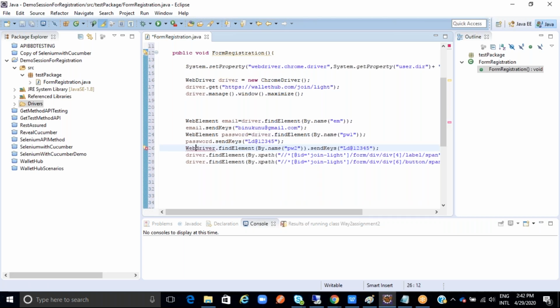The same way, let me enter my confirm password WebElement, then password equal to this, then copy this. Now once you have done all the things,